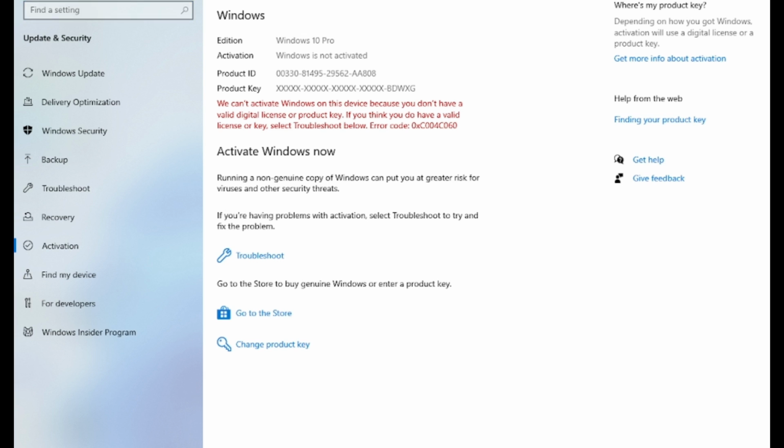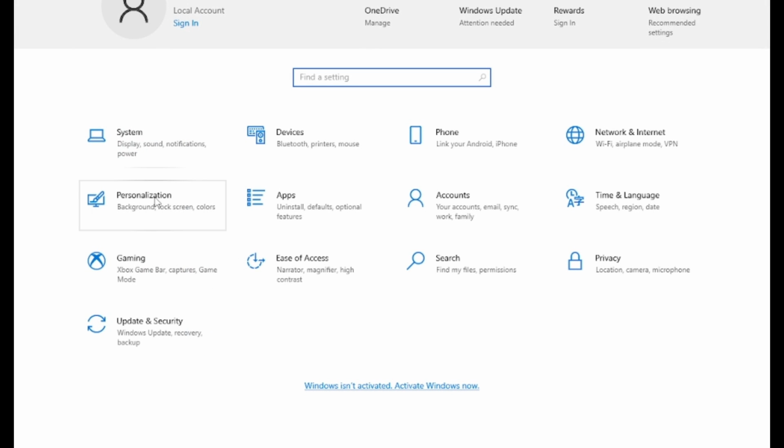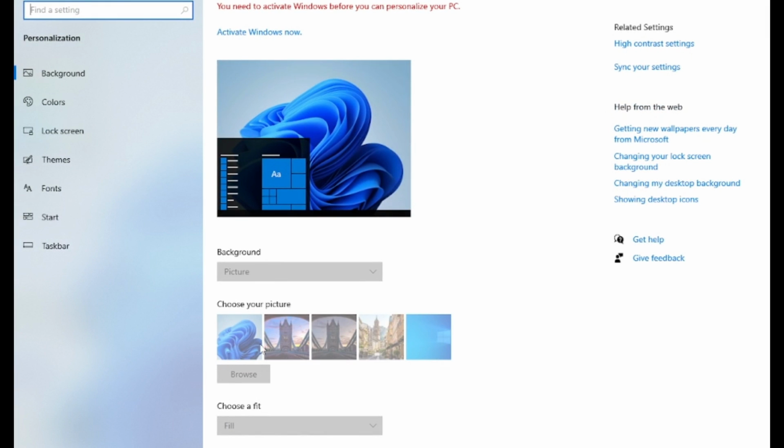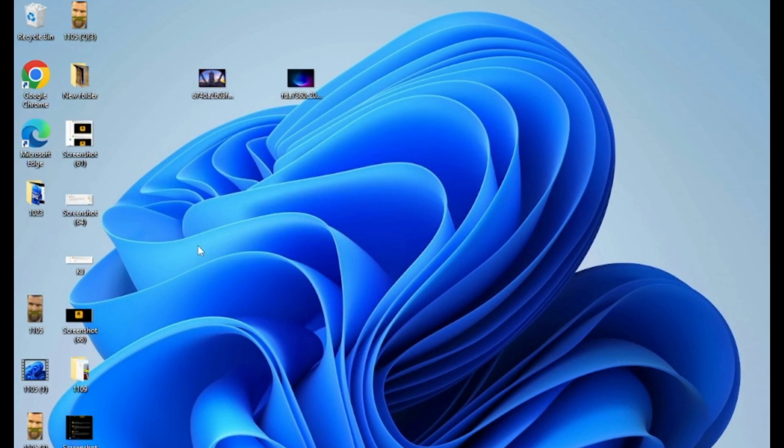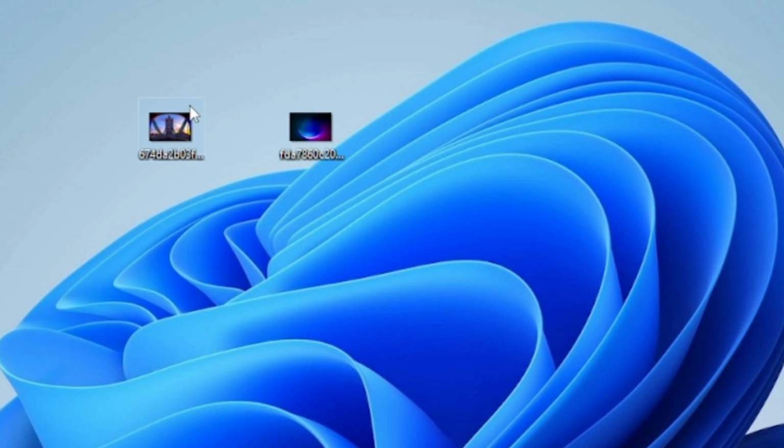So if I go to the personalization section, you can see I cannot change the wallpaper right now. So if I want to change my wallpaper, first you need to download a wallpaper, or if you have any wallpaper on the PC, then select that picture.